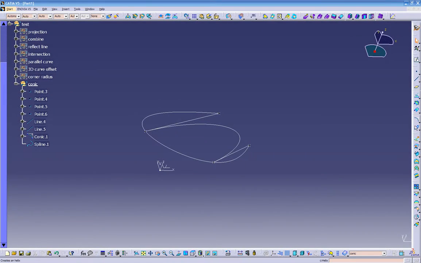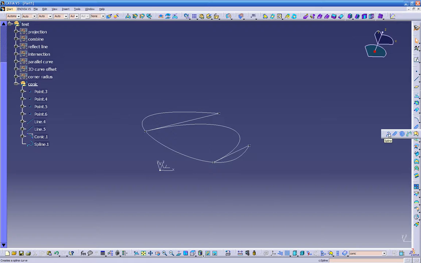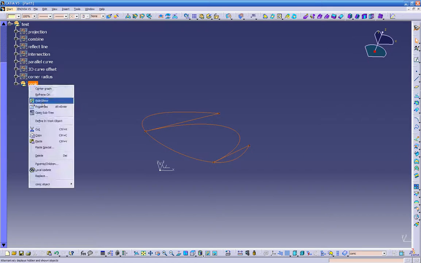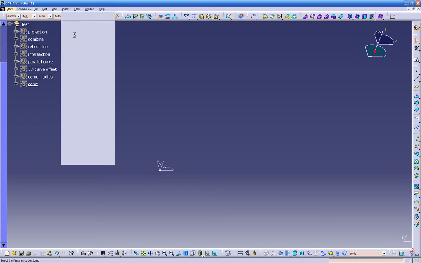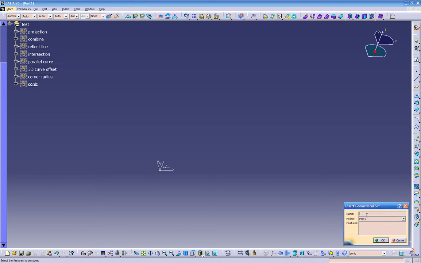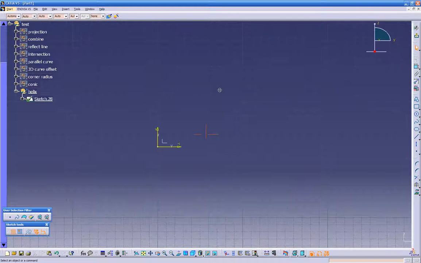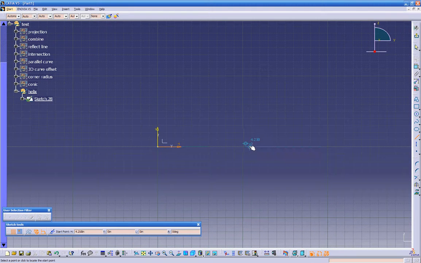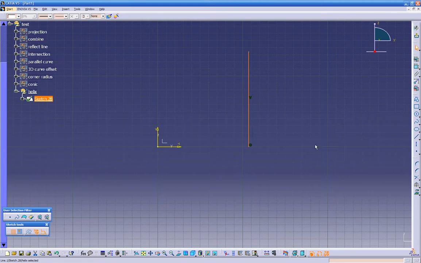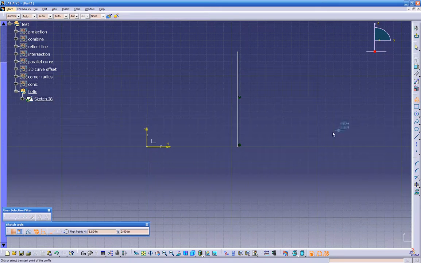Next is our helix. Okay, so let's pull up helix. It is going to be our next option. So let's turn this off. Let's insert another geometrical set. Helix. Let's insert it into our test. Let's make another sketch on the ZY plane. I'm going to create a line. Then I'm going to create a